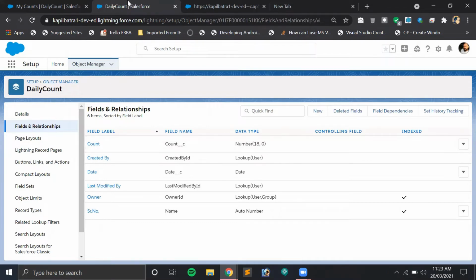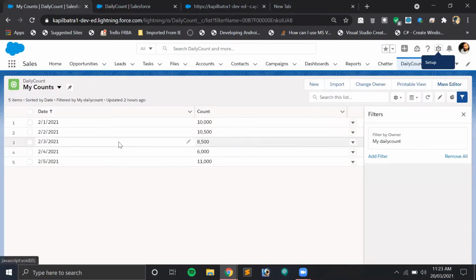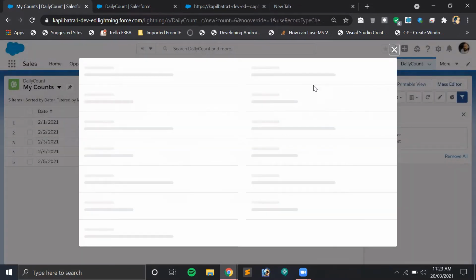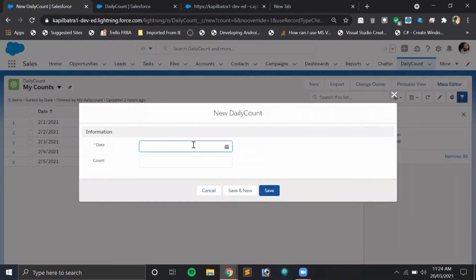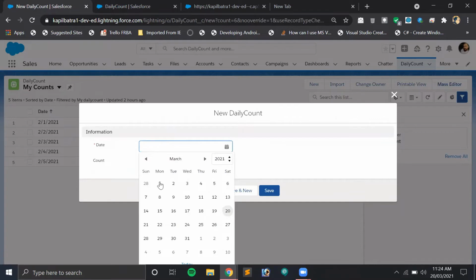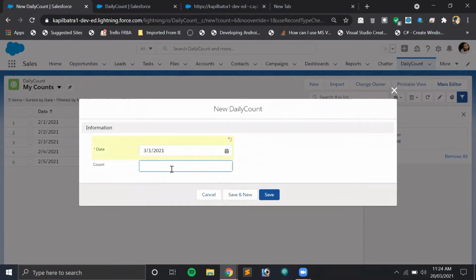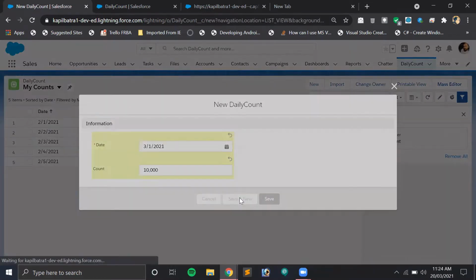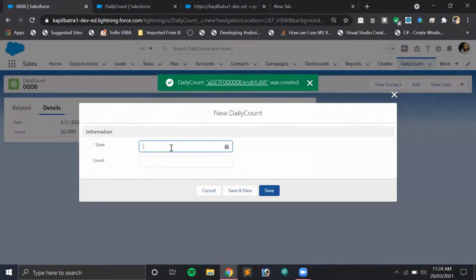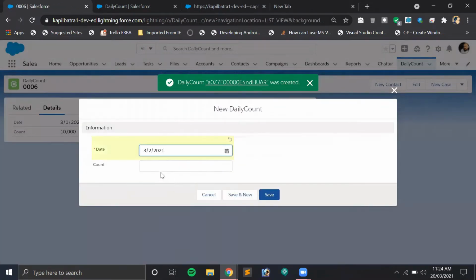Okay, and as you can see, I'm having some data here for February month, and let me just add the data for March also. Okay, so let's create some new entries. I will be creating data from 1st March to 5th March. Let's say on 1st March the sale was 10,000. On 2nd March let's make it 15,000.